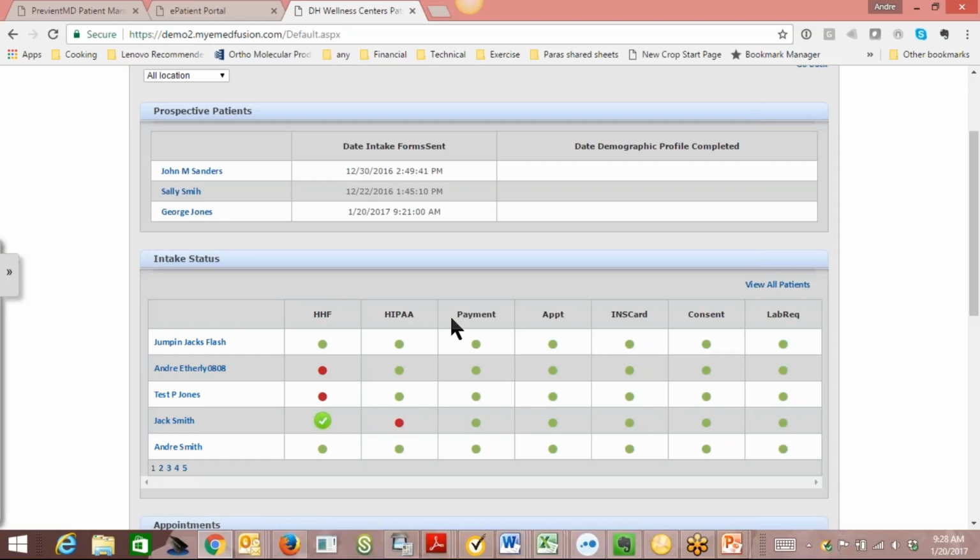And then as they fill out each form, health history form, HIPAA form, payment form, make their initial appointment, et cetera, these other boxes start to get filled in with the round green check mark like you're seeing there for Jack Smith. So in Jack Smith's case, he has done his health history form. He's not done his HIPAA form or anything else. And we can see that